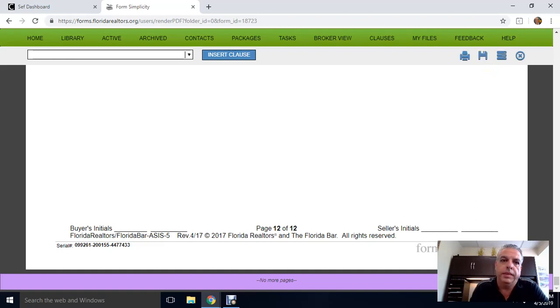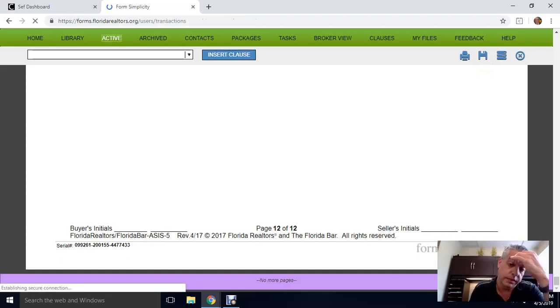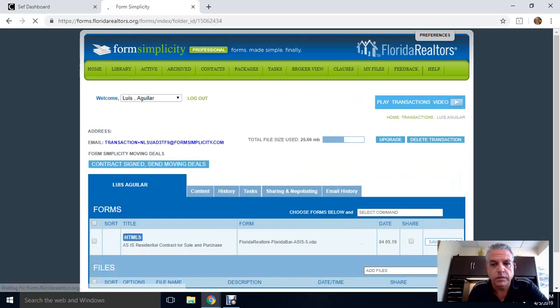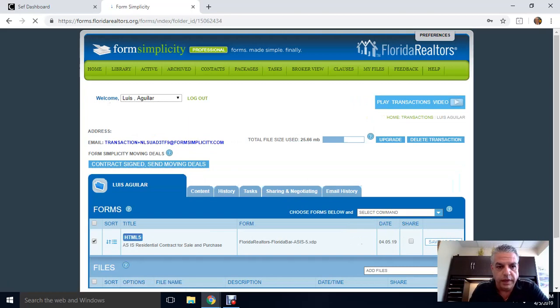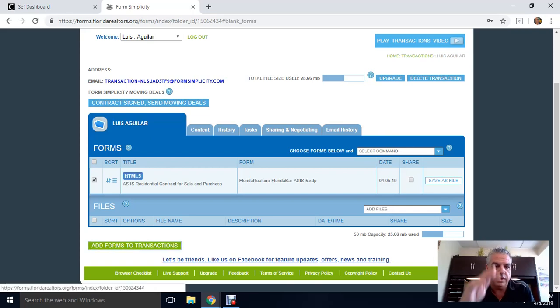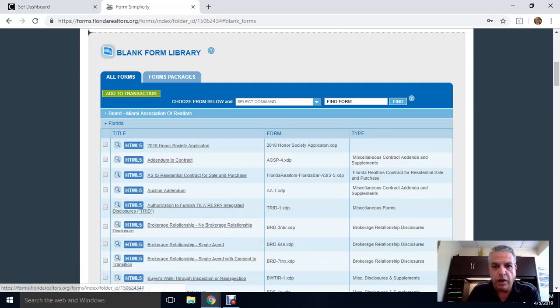And then come here to active. These are your transactions, your active transactions. Come here to the one that says Louis Aguilar. Okay. And select here. Let's say that we want to add the addendums. Okay, we're going to put add forms to transactions. If you do it this way, instead of picking the forms individually, it'll automatically fill it in for you. So let's go ahead and put